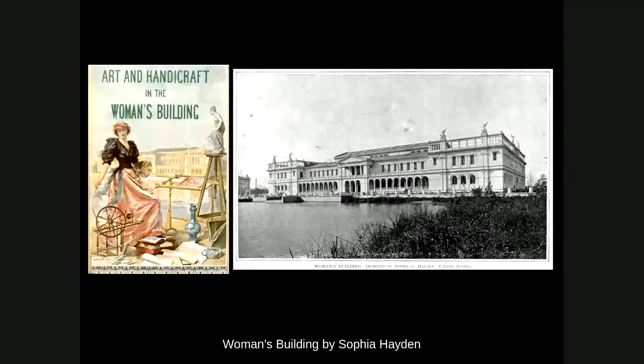This is the Women's Building, and it was designed by a female architect, and this was an exhibition hall to highlight the contributions of women to arts and culture. And it was felt by Bertha Palmer, the wife of Potter Palmer, probably the richest man in Chicago, that there ought to be a design competition open to women, and it should have maybe a woman architect design it. There weren't a lot to choose from at the time. There were very few women in architecture at the time, but they actually got about a dozen or so applications,